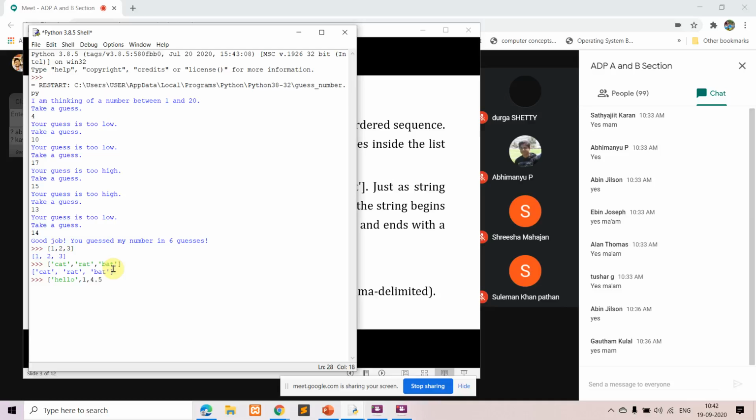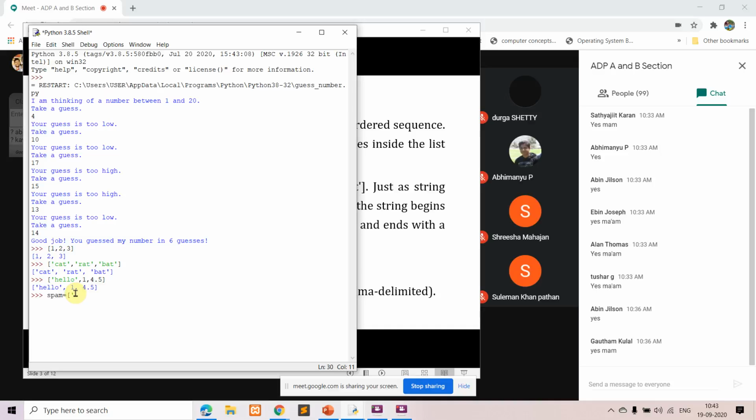So what happened here, we are having an integer in the list. We have a string, we have an integer, we have a floating point value. Okay, so just see, this is a list that is created in which we have different types of data. And it is also possible for us to assign this list to some variable.